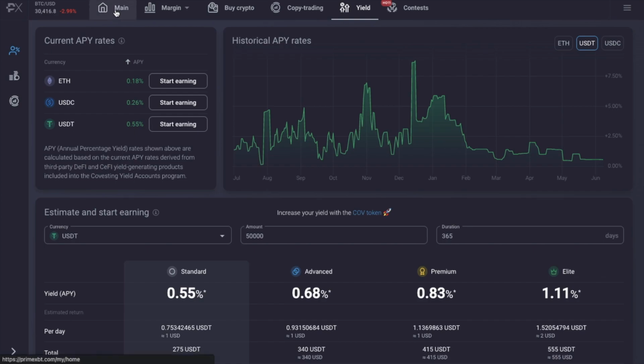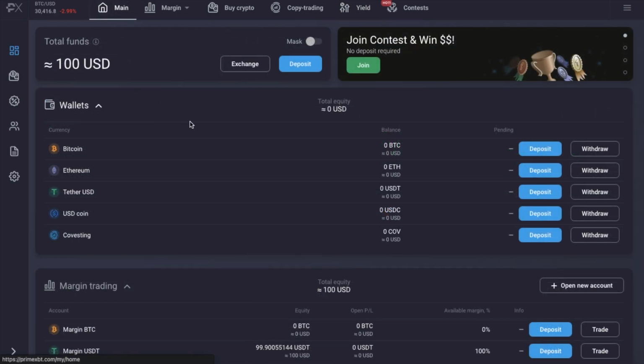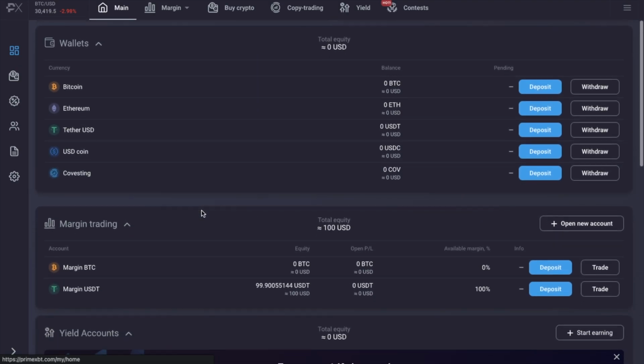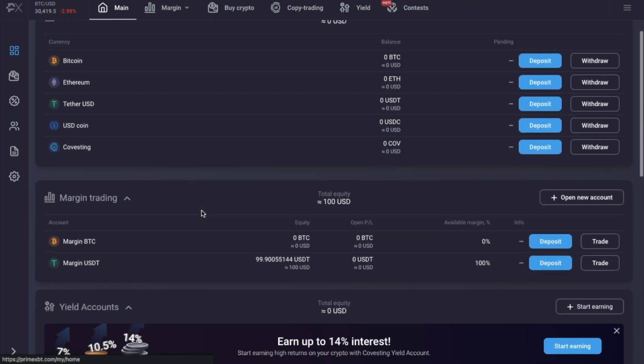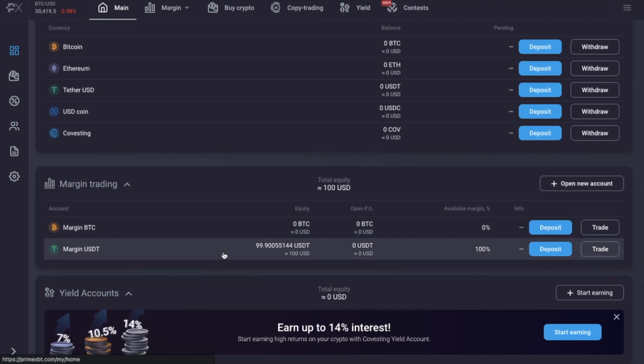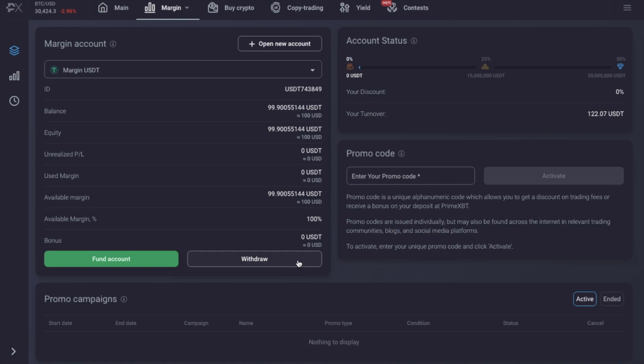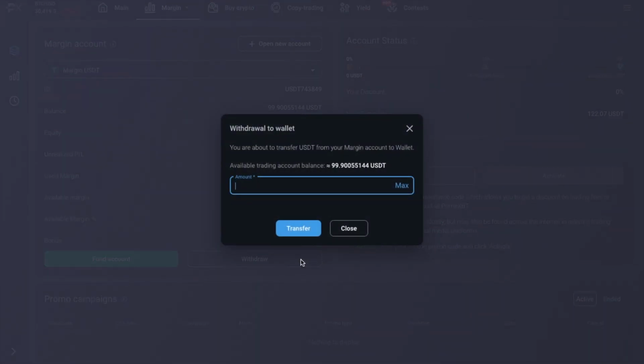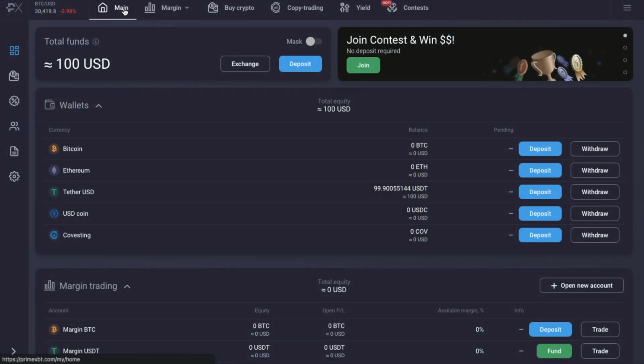Then finally, I'll show you how to withdraw from PrimeXBT. If your funds are in a margin trading account, you'll first need to withdraw these back to your wallet, which you can do by clicking onto the margin account where your funds currently are, and then choose to withdraw. Enter the amount or choose max and transfer. Then from the dashboard, if you select the crypto you'd like to withdraw,